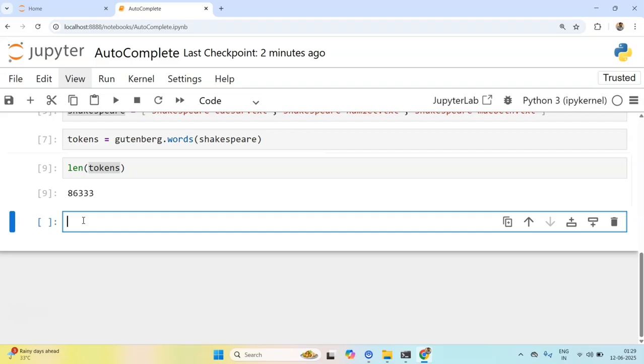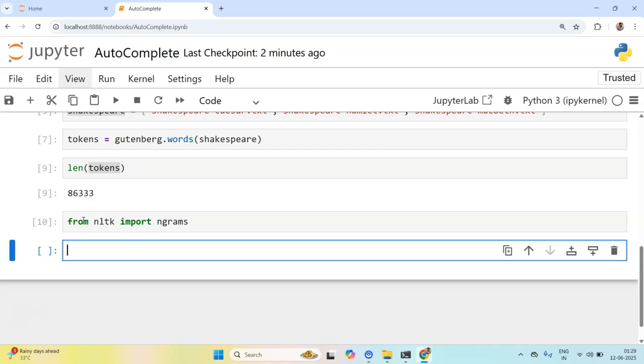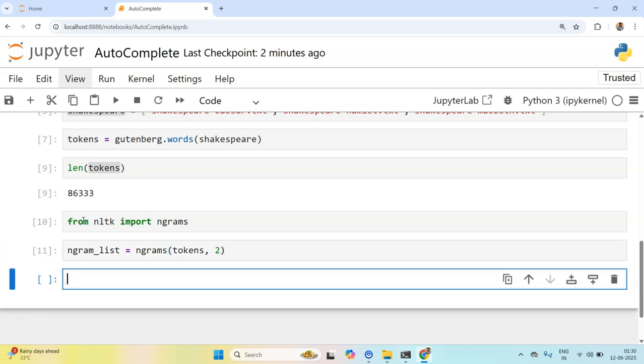Okay, so I'll import ngrams from NLTK and let's create an ngram list. In ngrams I can pass tokens and the number of grams that I want to produce. Here I want to produce a bigram, so let's check the ngrams list length.